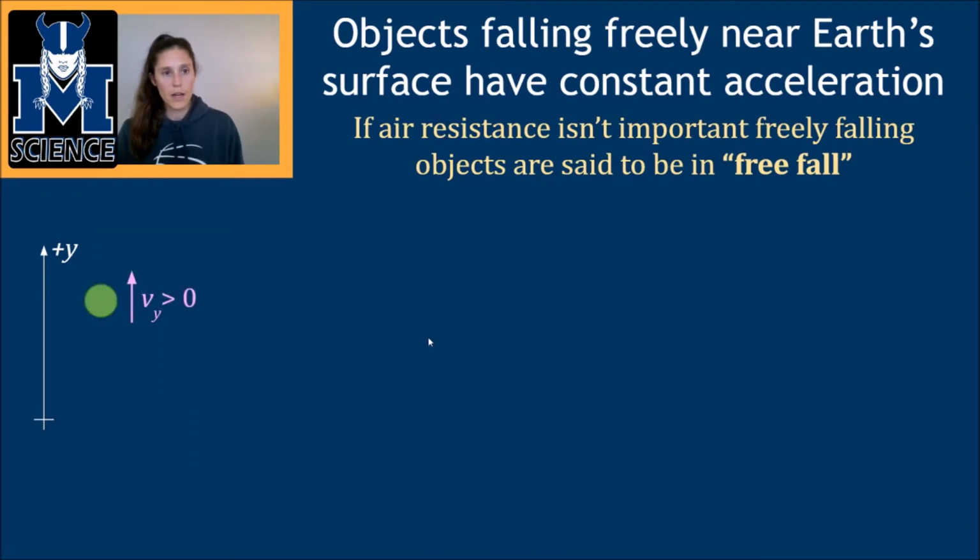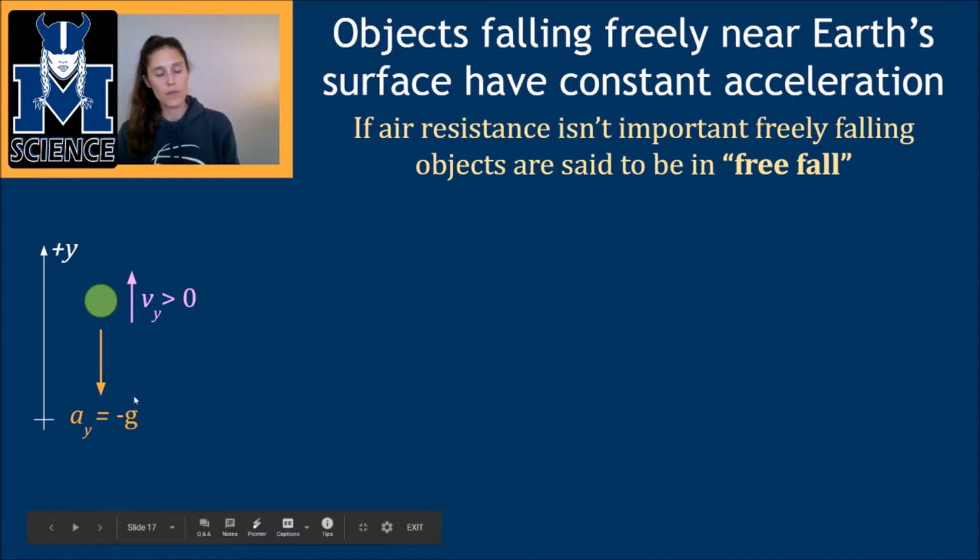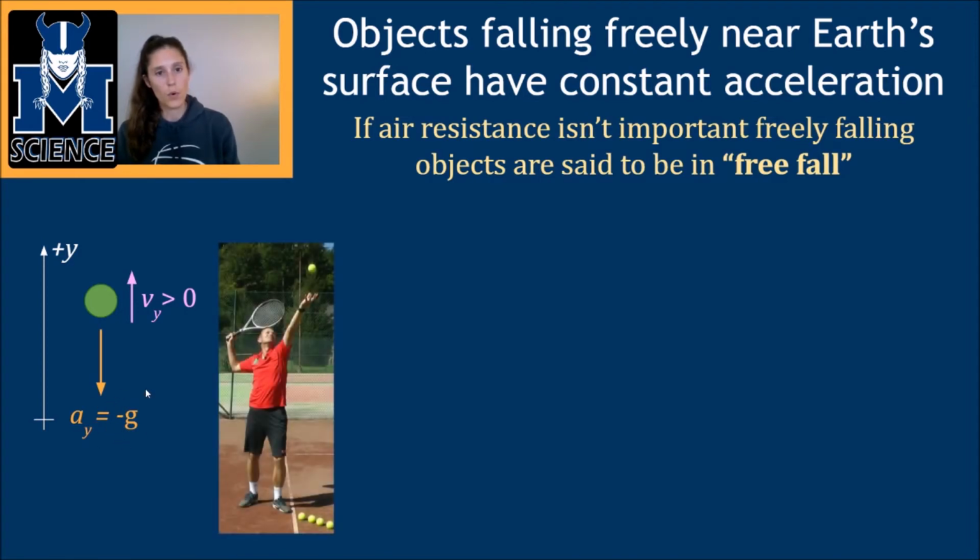Gravity acts downward towards the surface of the Earth, regardless of the velocity of the object. Here in my reference frame, I've set the vertically upward direction to be positive, and let's say this ball has a positive velocity. Its acceleration is going to be negative, because acceleration always points downward towards the surface of the Earth, and in this reference frame that's negative. So our value for the acceleration in the y direction is negative g, or negative 9.8